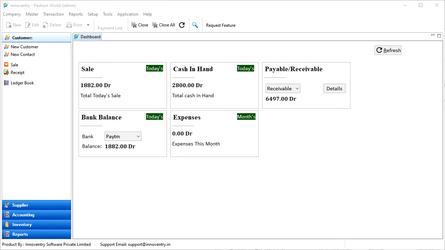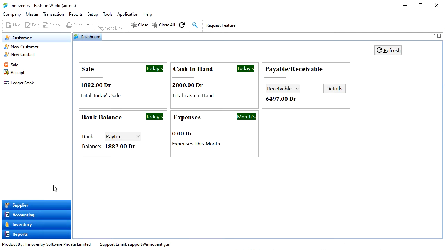Hello friends, in this video, we will learn how to add production and consumption details of the commodities in the inventory software if our company is manufacturing products for sale. Adding the production and consumption details are vital for inventory management of the company. It helps with the stock management.